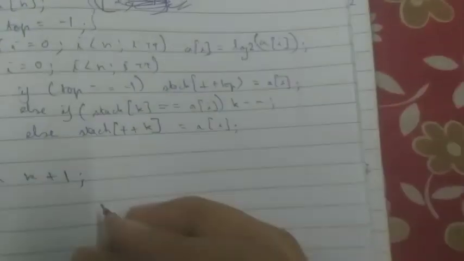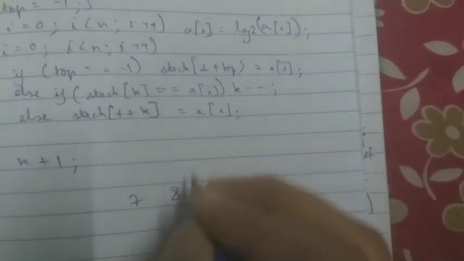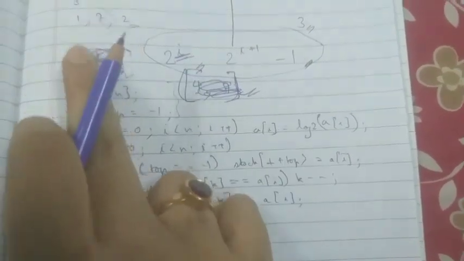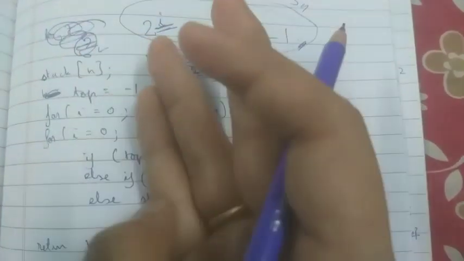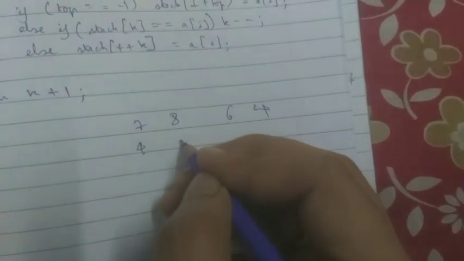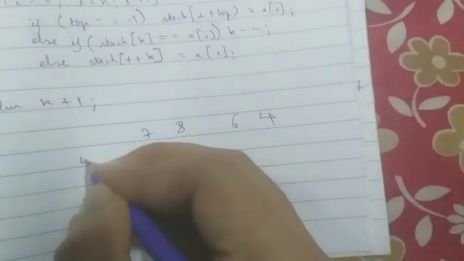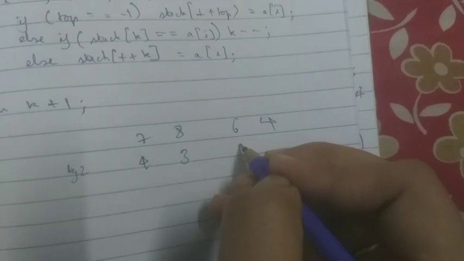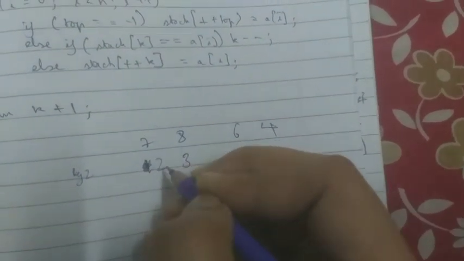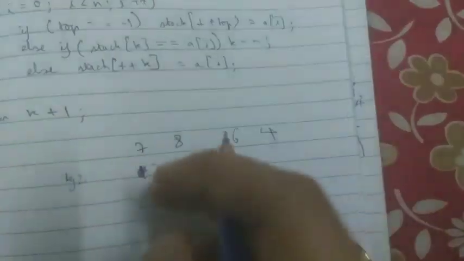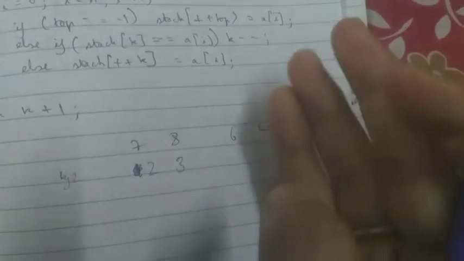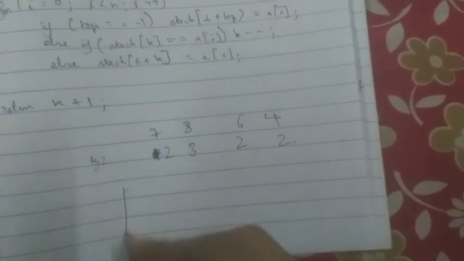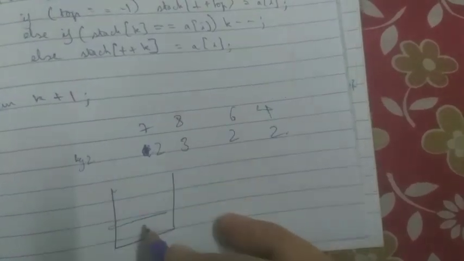For 7, 8, 6, 4, this becomes replaced by log 2 of each element. So 7, as I did earlier, becomes 2, 8 becomes 3, log 2 of all the elements. Sorry, this is not 4, this is 2, so 2 to the 2. So what we are going to do is make a stack, insert 2,